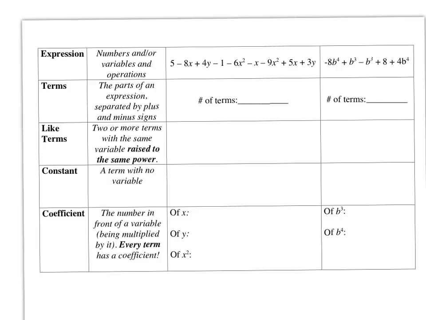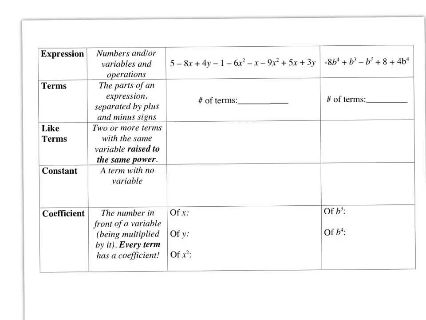So our first word is an expression. We've been working with expressions this entire year, but especially in these last several concepts. An expression is just numbers and/or variables in operations. The thing you don't see in an expression is an equal sign. So here we have two examples of expressions, but remember, an expression can also be really short. It could be something like just 2x or even just -3. It doesn't have to have all of these different things going on in it, but here is just a bigger